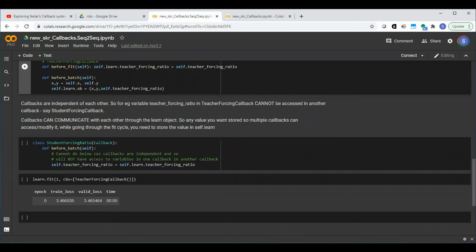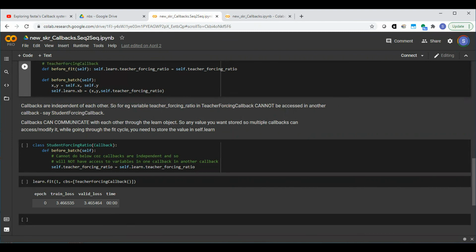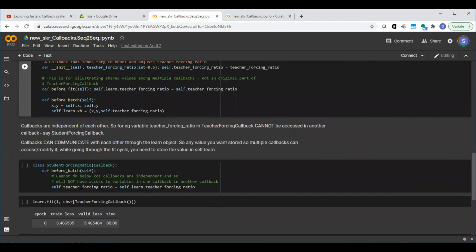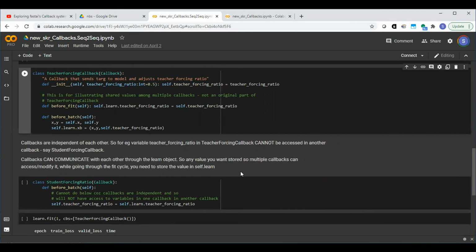Oh, I think he meant, instead of doing this whole trick where we have before fits equal to self.learn.teacher first name, instead of doing all this, because when you're doing this, you have to have in mind that maybe the next callback you're going to use is going to need to access this teacher first name ratio variable. Now, instead of doing this, in your student first name ratio, you can just have self.teacher first name ratio is equal to